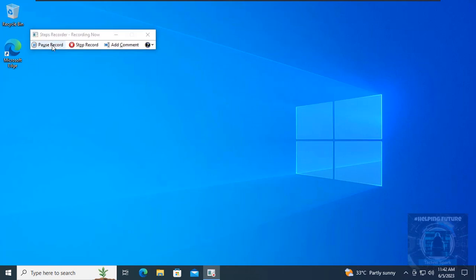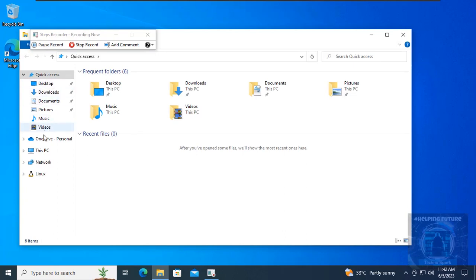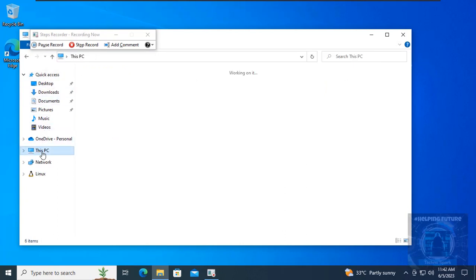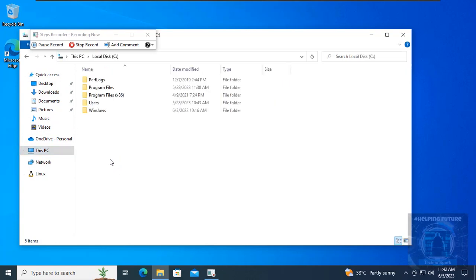So when I start recording, it would briefly take every step I do. So if I click on File Explorer, it would show a red thing there. Then I go to, let's say, This PC. It will again show red. I will go to maybe this here, and I maybe go into Windows,